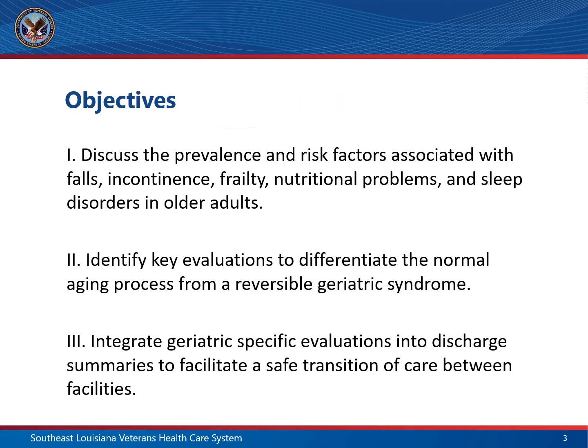Our objectives today are to discuss the prevalence and risk factors associated with falls, incontinence, frailty, nutritional problems, and sleep disorders in older adults; to identify key evaluations to differentiate the normal aging process from a reversible geriatric syndrome; and the last is to integrate geriatric specific evaluations into your discharge summaries to facilitate a safe transition of care